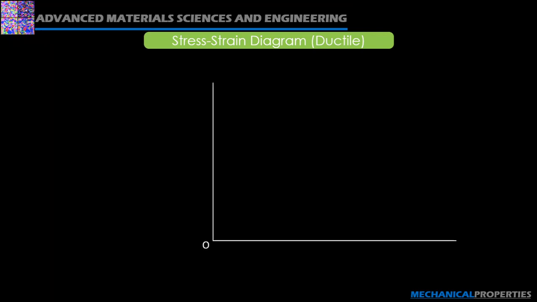Let's say we draw the horizontal line to show the strain and the vertical line for the stress. When the load is not applied, we have zero stress and zero strain. And let's say on the application of load,